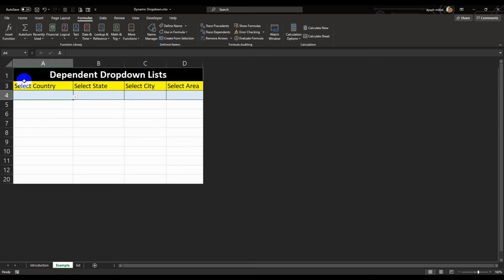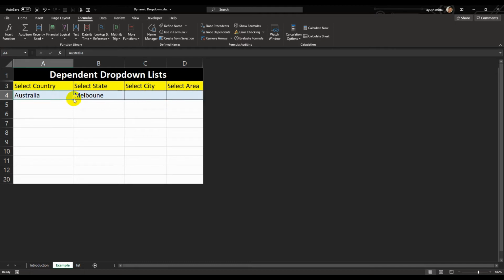I have created a table wherein in the first column I want to have the country name, followed by the state, then the city and then the area. Say I want to have country as India, or say country as Australia. Now it will show me the states of Australia and again the city and the selected area.